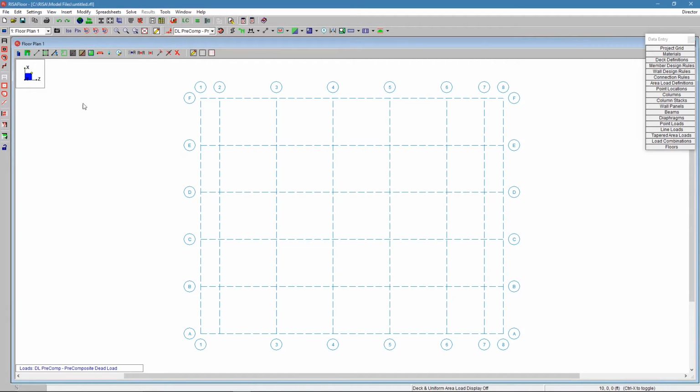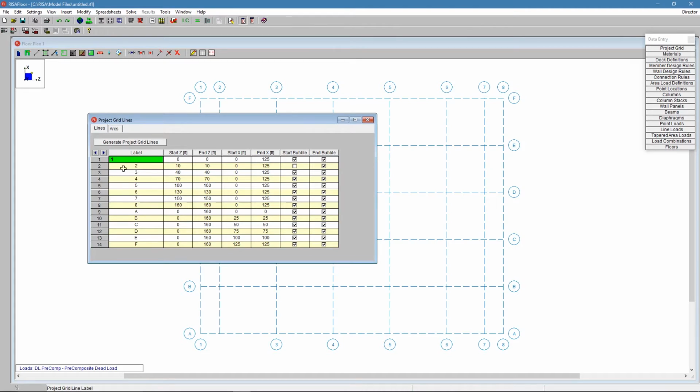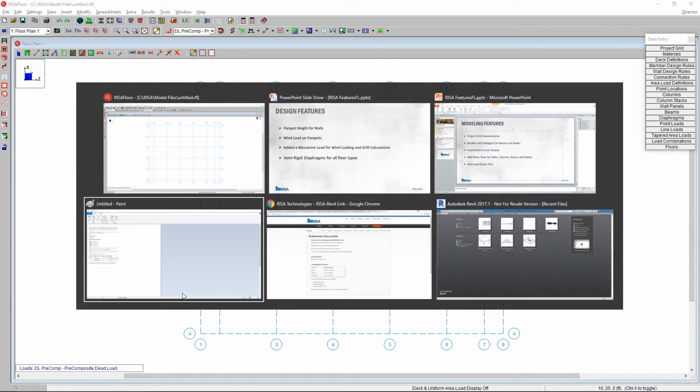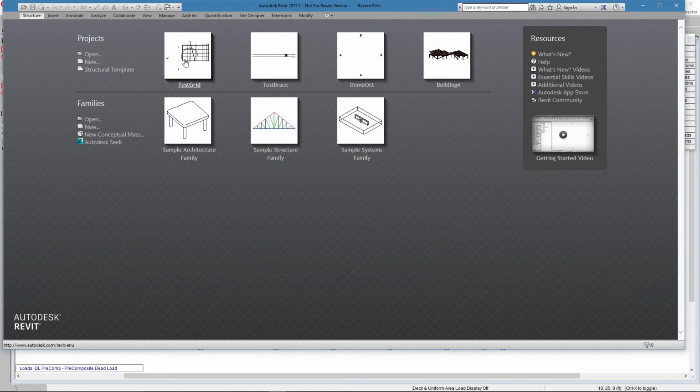What I'm also going to do is just show you how we can import directly from Revit Structure. Since the project grid is now a spreadsheet format, that really makes it friendly for us to import from any type of a Revit model, where we can do really the sky's the limit over there. So I'm going to jump over into Revit and show you a model here. If we open up a grid I've laid out in Revit Structure,